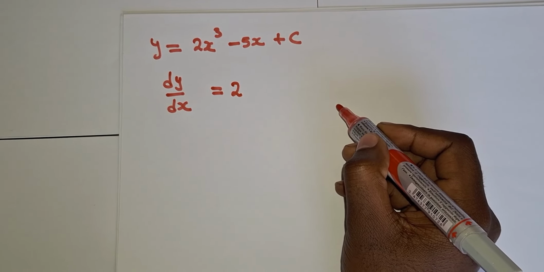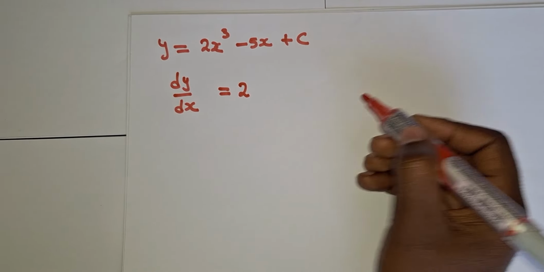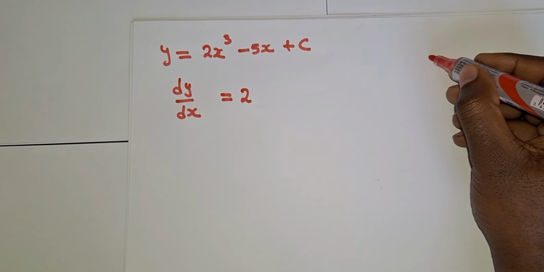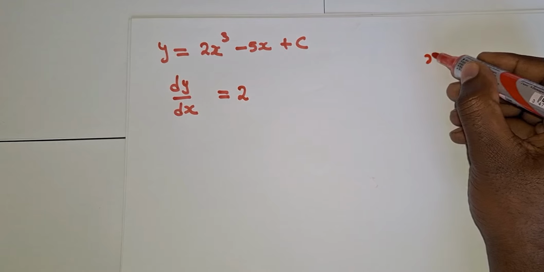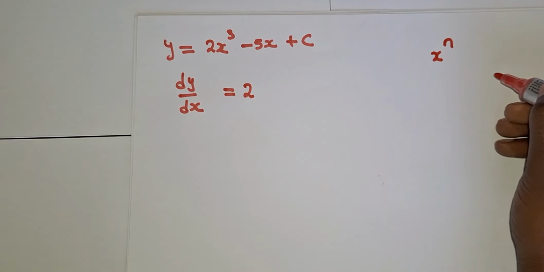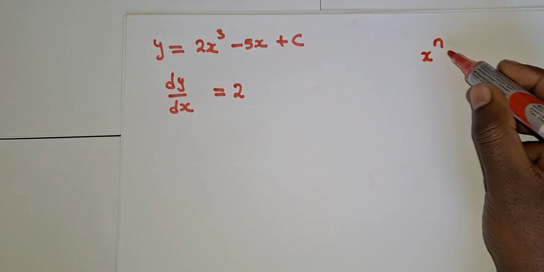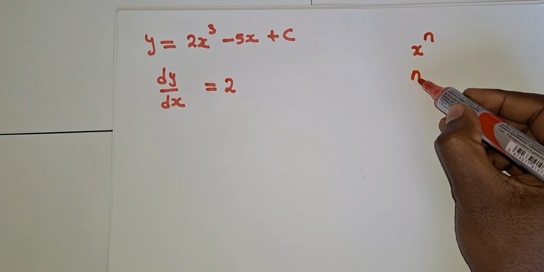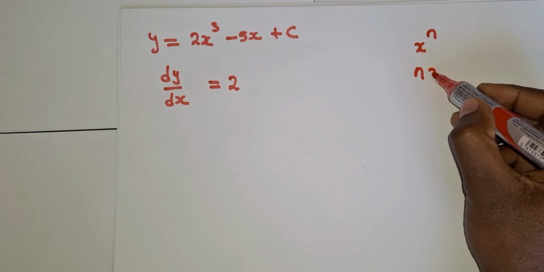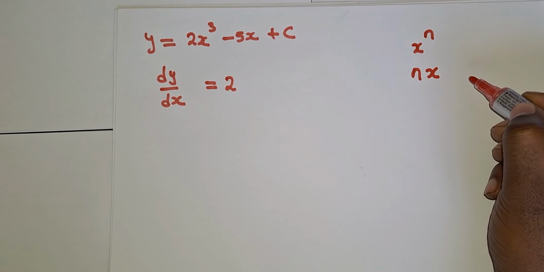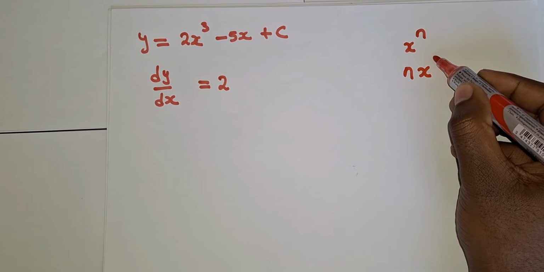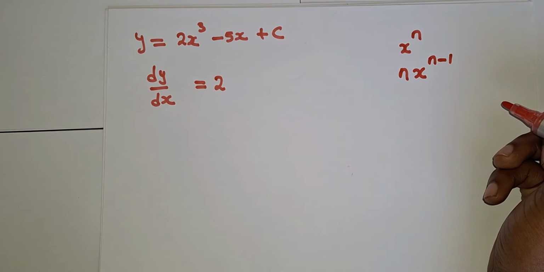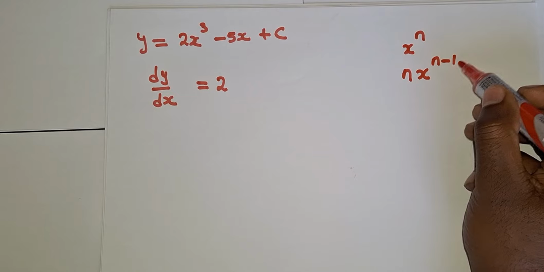The rule of differentiating says, I'm going to write it on the side. It says if we have x to the power n, right, when we differentiate, we take this n, the exponent, and multiply it on the face of x. After that, we minus 1 on that exponent number. That is the rule of